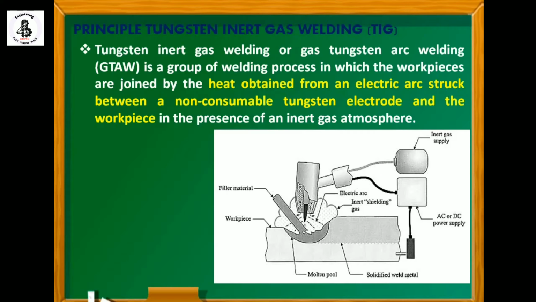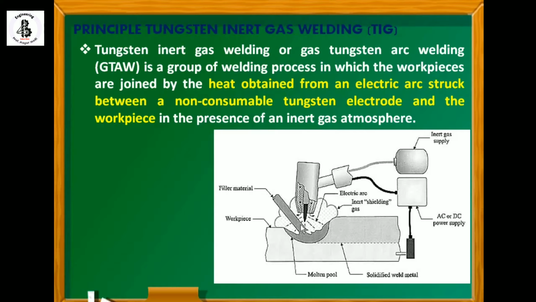In the TIG welding process, the inert gas is supplied into the torch of the electrode. There will be a passage available for passing this inert gas. In case of inert gas, it will be helium, neon, such kind of inert gas that will be passing during the welding process. A non-consumable electrode is used as the electrode material. Sometimes filler material may be used or may not be used, depending upon my requirements.